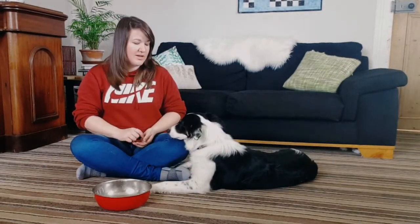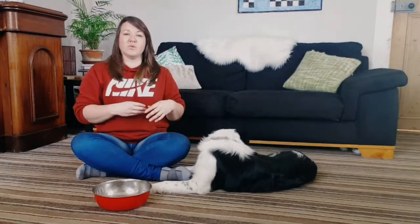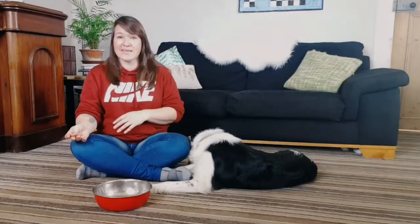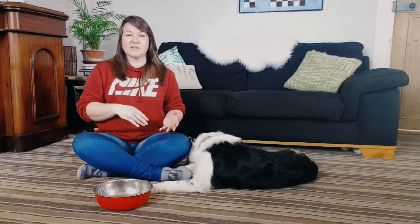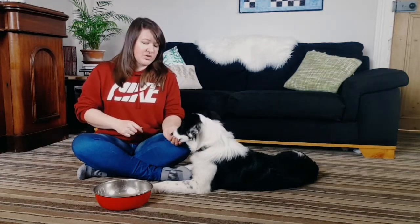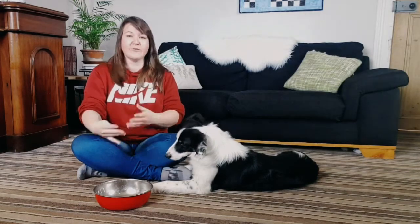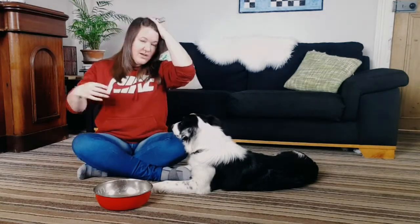So the main thing that you have to understand about resource guarding is it's a very natural thing for dogs to do. Dogs guard their resources because they feel like when you're coming into their space, their stuff is going to get taken away. So what we want to do is teach them that when we come into their space, sometimes their stuff might get taken away, but if it is, we're going to trade it for something better. And we're also going to teach them that when we come into their space, especially when they're around their food bowl or a toy or whatever they're guarding at that time,